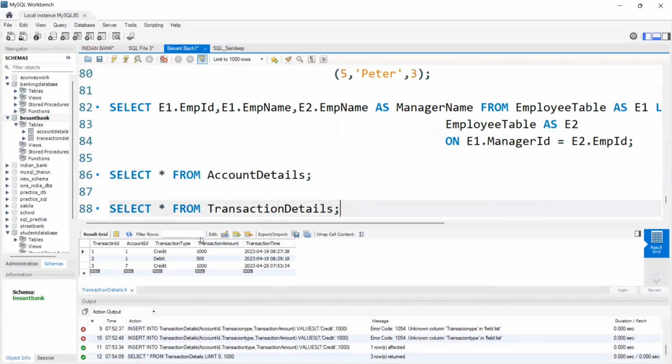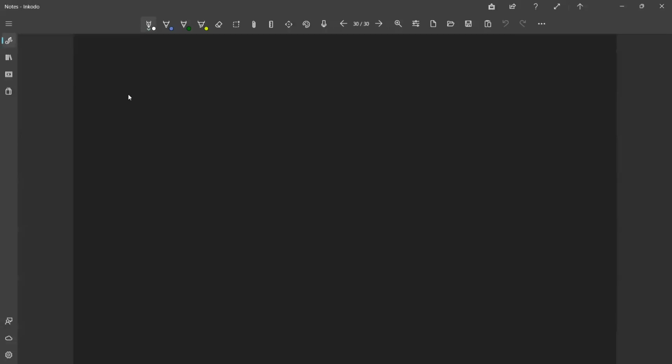Now, how many people did transactions? How many people did transactions now? 2 people. Account ID 1 person and account ID 7 person. I want their details only. I don't want remaining people details. I want account details of the people who did transactions. How can we get them? Requirement is